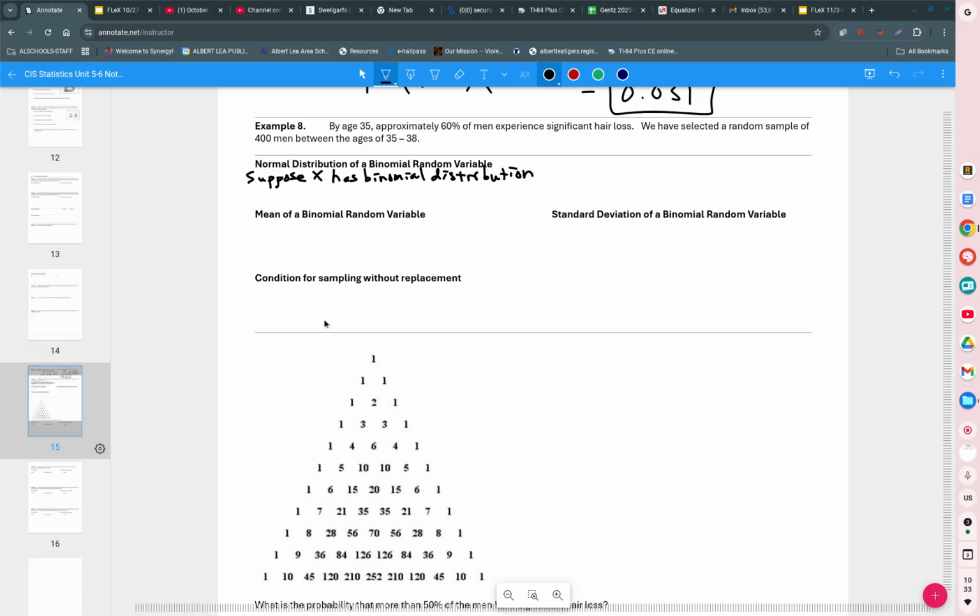Just like this example we see above, either you have a significant hair loss or you don't, with n trials. In this case, we have 400 people that we're seeing. Do they have significant hair loss or do they not? When n, the number of trials, the number of people, becomes large, and we'll define what large is in a second,